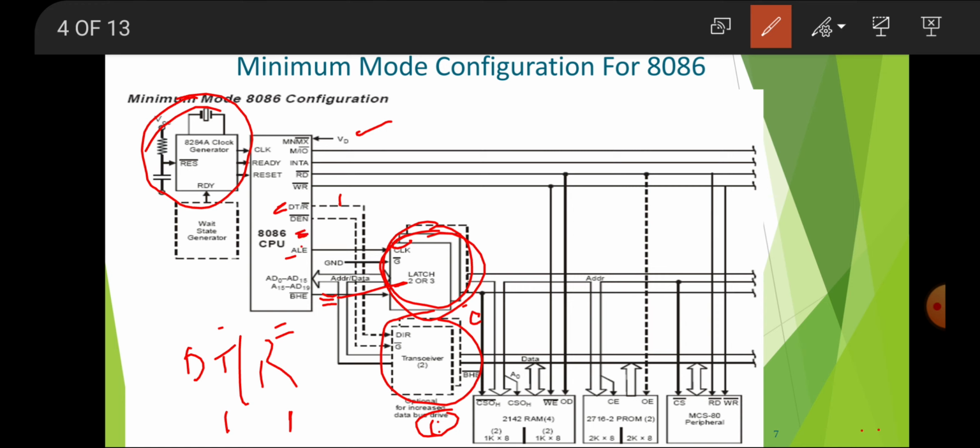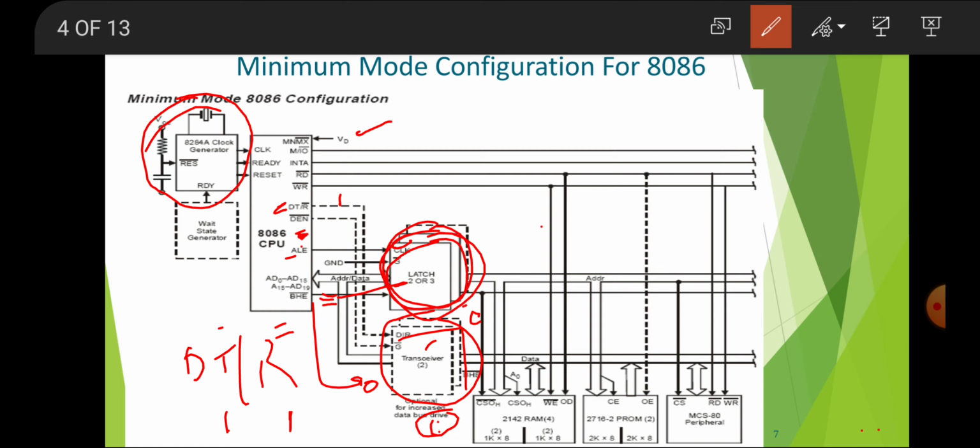So the data enable pin is 0, and it is given to the DIR. At that time the bus comes to know that the data on the bus is the data, or we can say we are sending the data to the receiver. When the DEN pin becomes 0, it is given to this, and it will send the data, or it can receive the data through the data line. So this is the address, and here can be the data. This is how exactly the minimum mode can be operated.